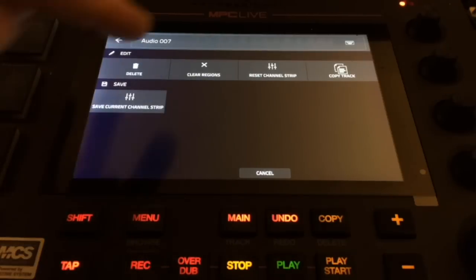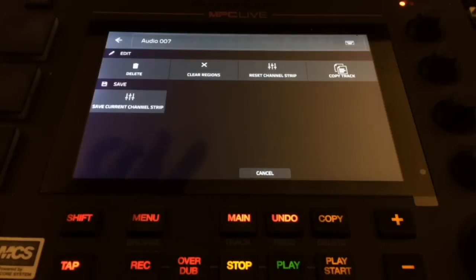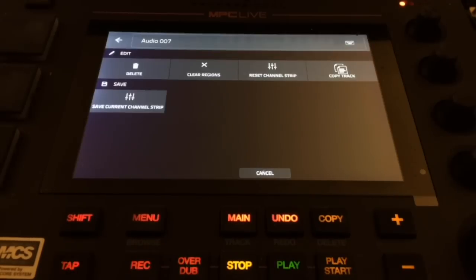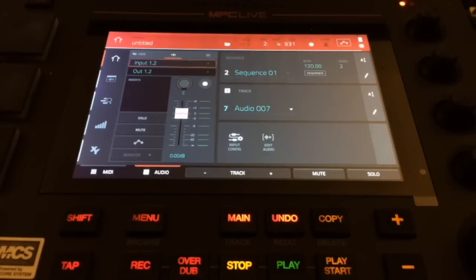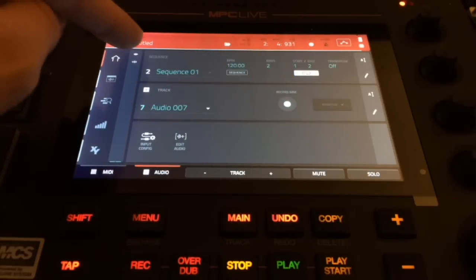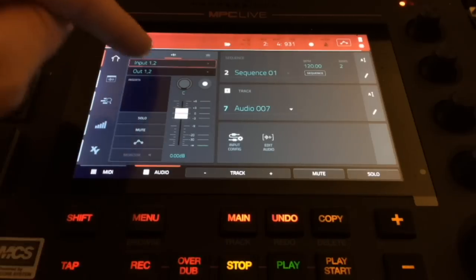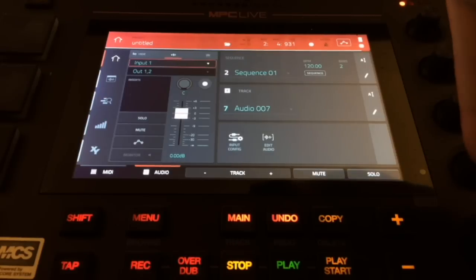We can clear regions, so that will clear any regions that we've created on that audio track. We can reset the audio track's channel strip, and we can copy this audio track. And we can save the channel strip. We've got an input configuration option here, so if we press that, we get that little side menu pop open. You can also press the I up there and that will pop that out again. And you can select which input. We can choose from these